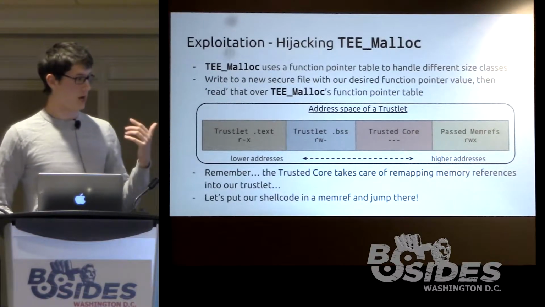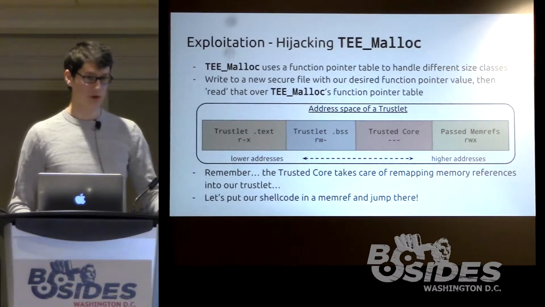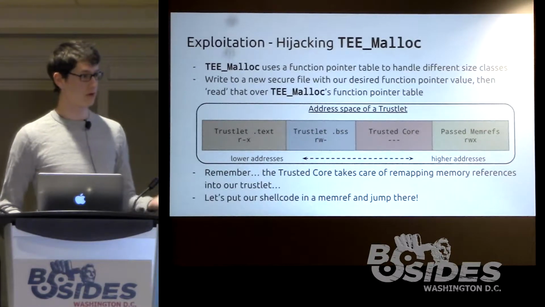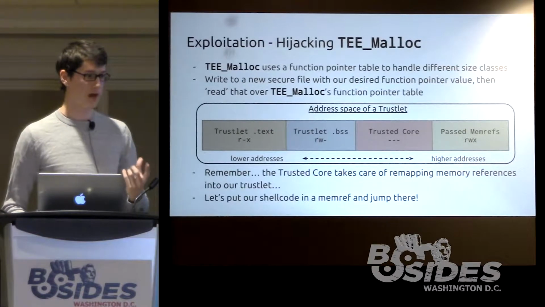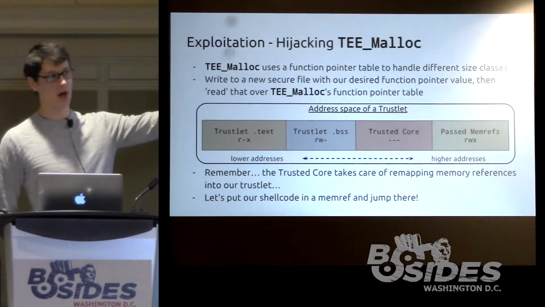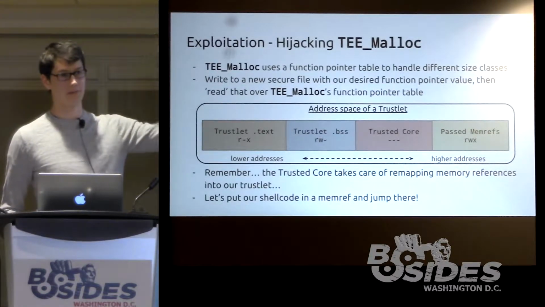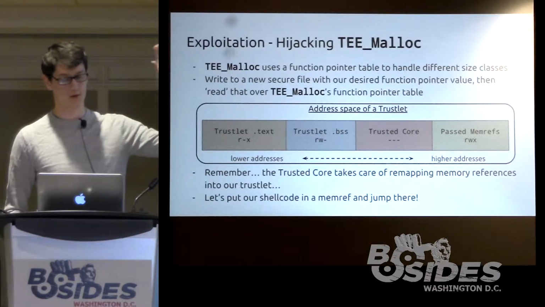So when I pass in a buffer to a Trustlet, what is actually occurring is the trusted core takes a physical page and adds a new page table entry to the Trustlet, saying your buffer arguments are actually at this really high address, and everything at this page and at this address is readable,